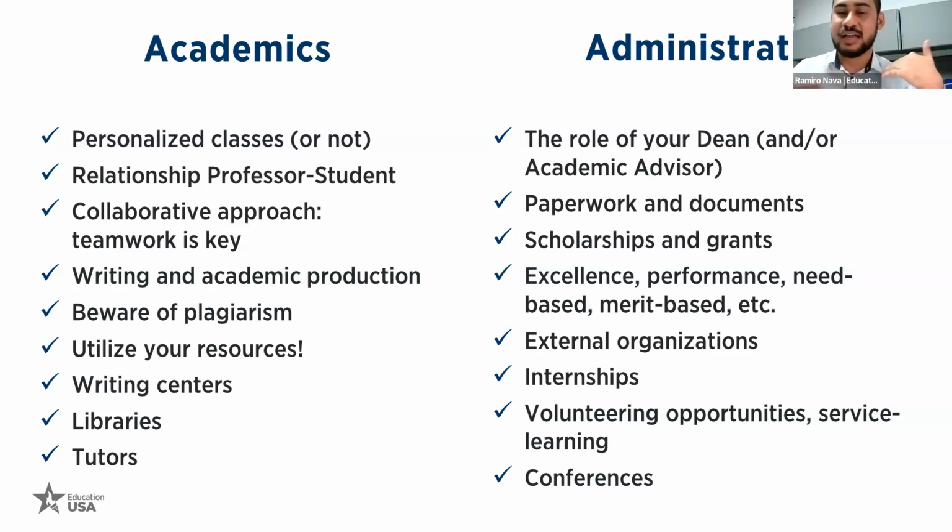And now on the administrative side, we have your dean or academic advisor. They are the ones who can guide you throughout your academic career. They can help you with course selections, your academic preparation, and dealing with any issues you may have. So it's always important to keep this in mind, and always reach out to them when you're in need